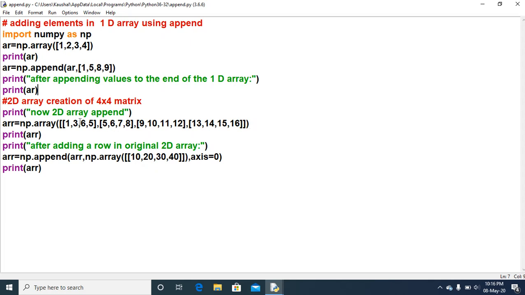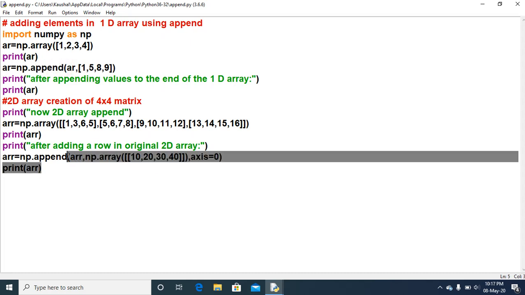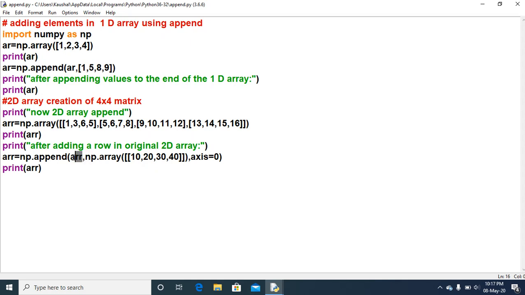So as many values as are in the first row, second row, third row and fourth row, that many values you need to provide when you append into the 2D array. So just see how we have written arr, the name of the array where we want to add the value, np.append that we have used here, and where to add, into this ar, the previous one.